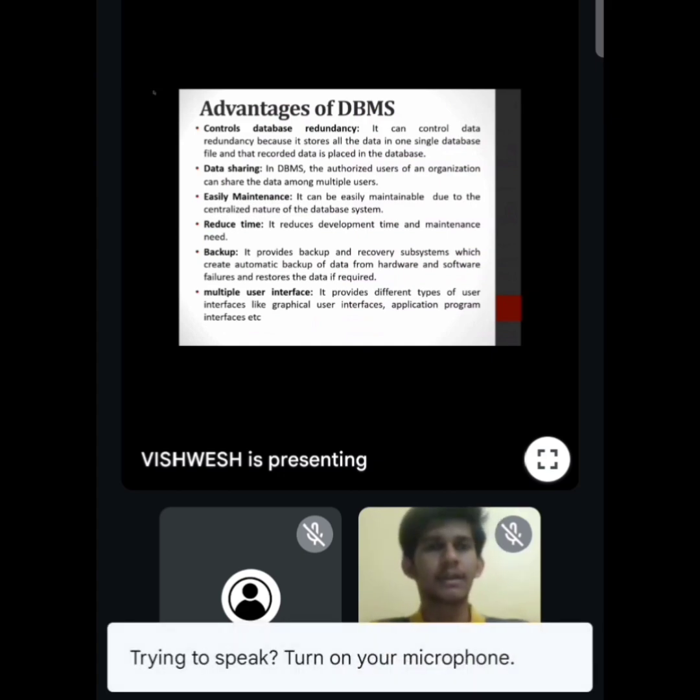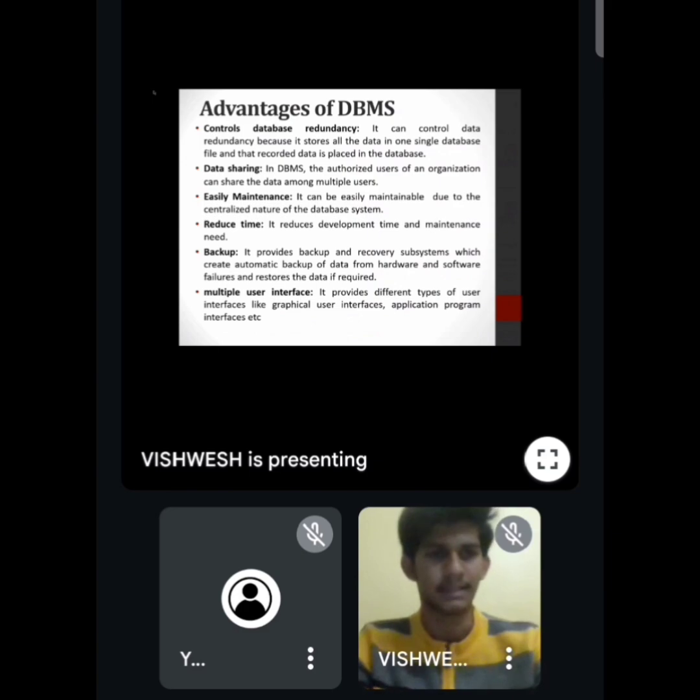First one, it can control database redundancy, as we said, because it stores all data in one single database file, and that recorded data is placed in the database. The next, it can share the data and can be easily maintained, and it can reduce development time and maintenance need as well. Moreover, it provides backup and recovery systems that create automatic backup of data from hard